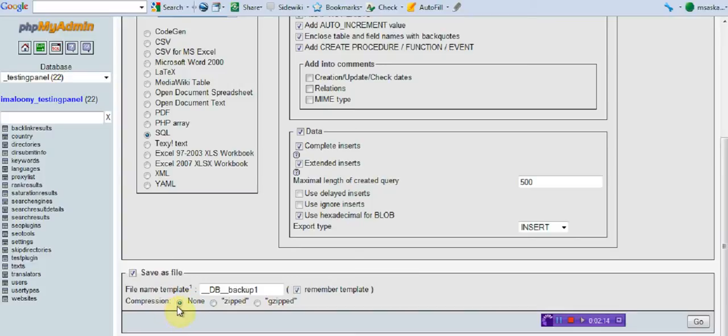Now you can keep it as none, you can change it to gzip. I keep it as none because I like the file to be just .sql. Then go,